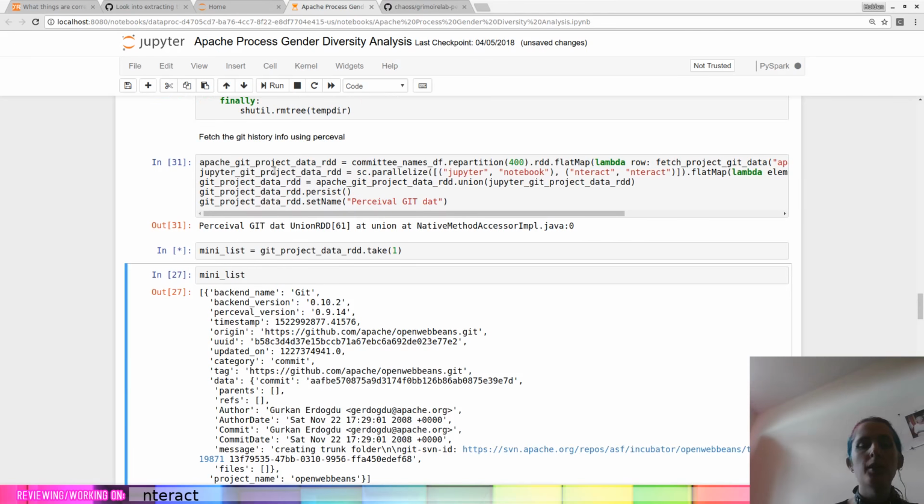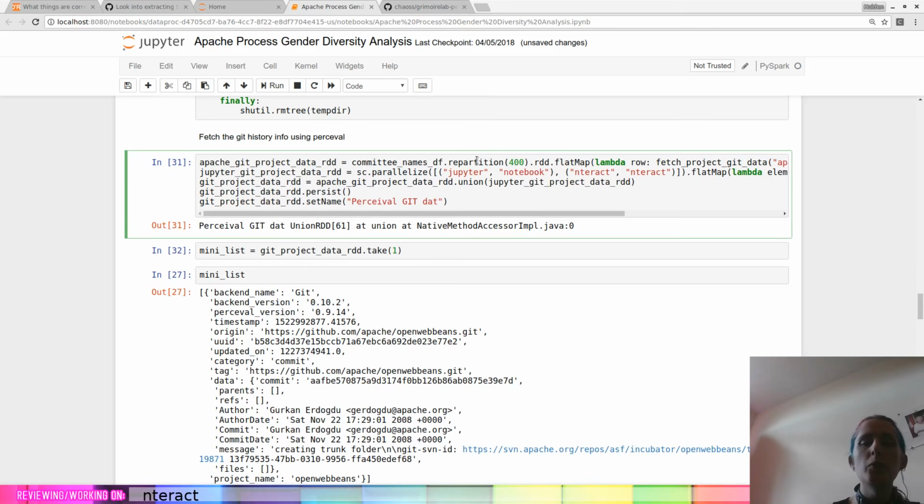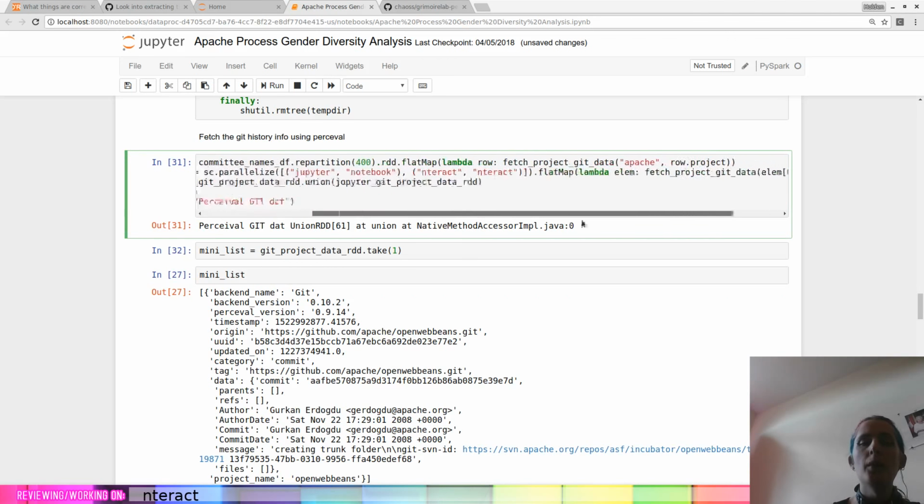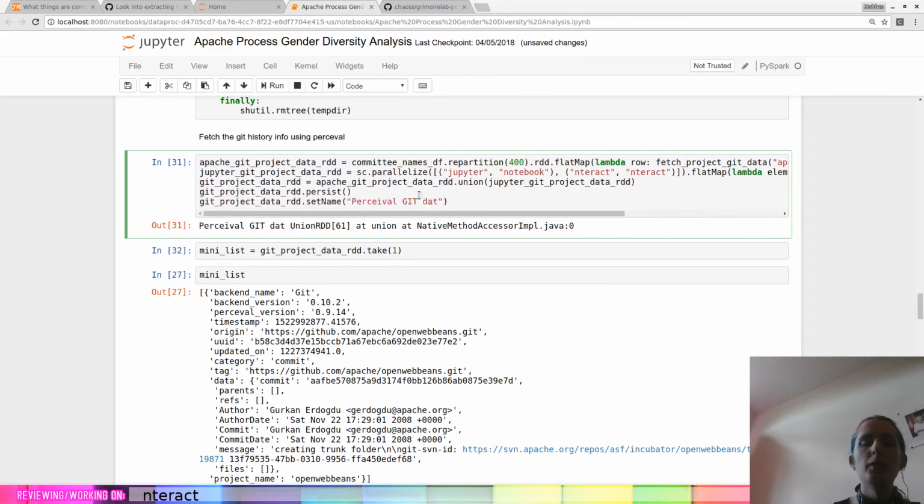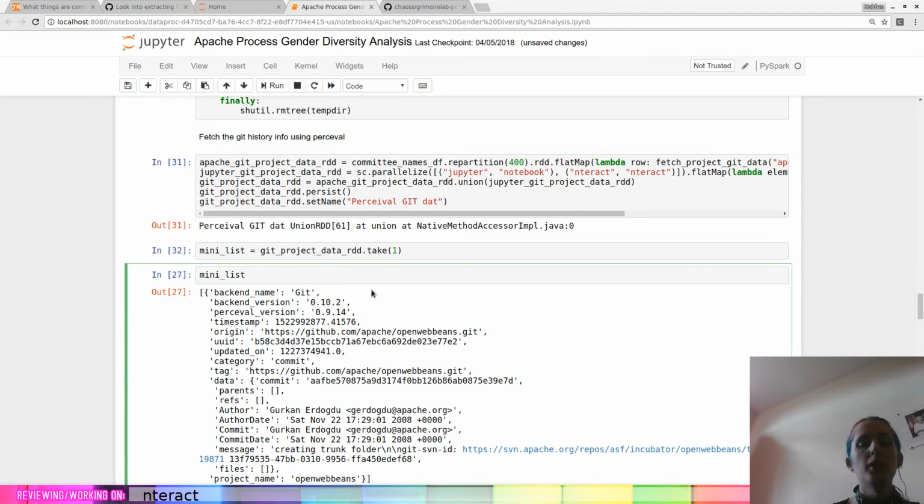And now this is sort of the first thing, which is actually going to take a while. And so this is actually kind of interesting, right? Up here, we said these are all of the things that we care about, but it didn't really do any work until we called take one. And that's just because Spark is lazily evaluated.